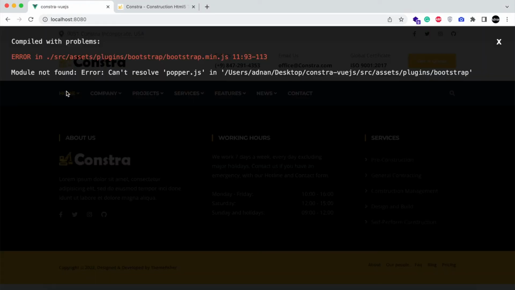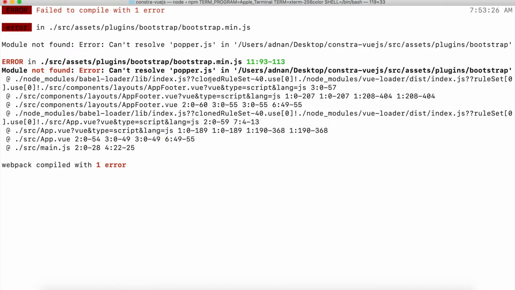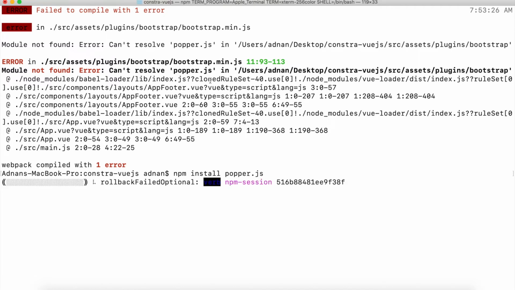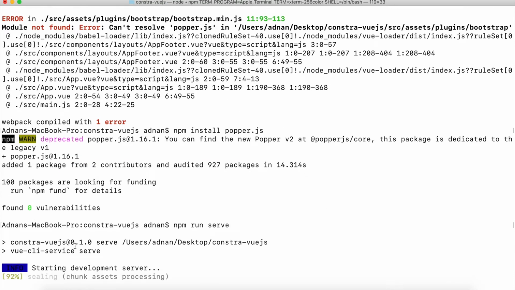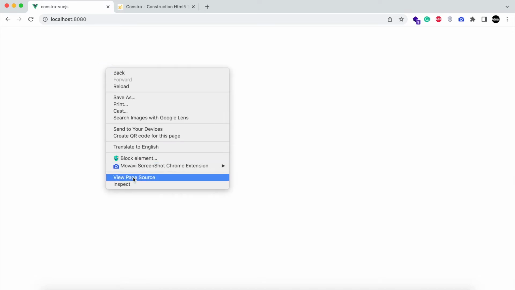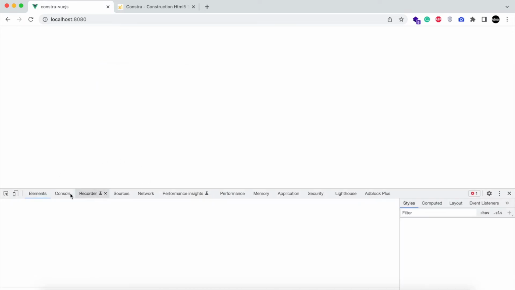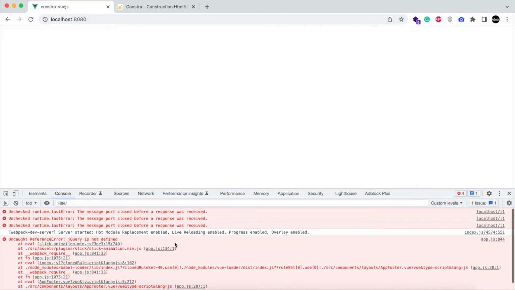So, and yes, I need to install the popper.js module as well. npm install popper.js, and restart the app again. So let's see if there is any error in inspect element. So the jQuery is not found in slick